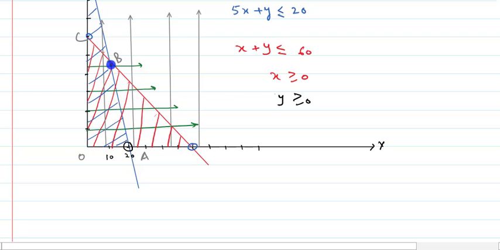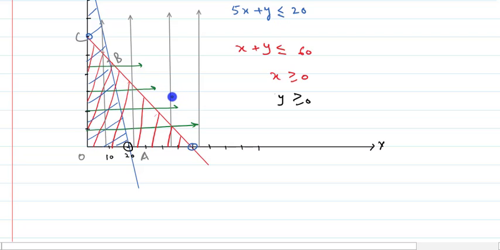And the points which are lying on this boundary and inside the boundary are called feasible solutions. And the region which is outside this feasible region is called infeasible region, and all the points which are lying outside this region are called